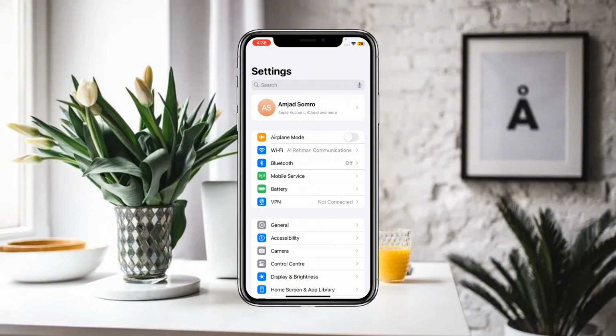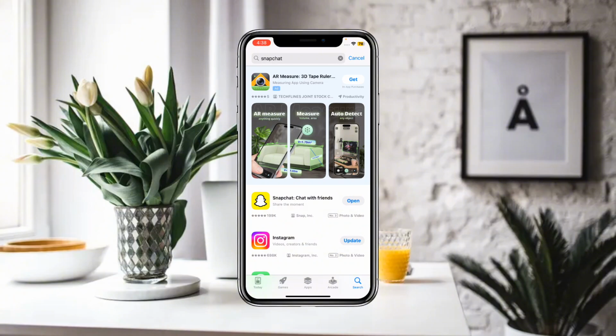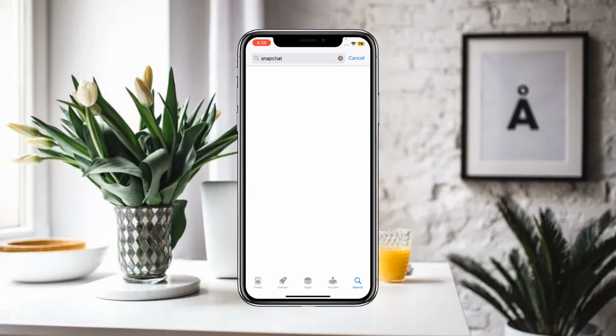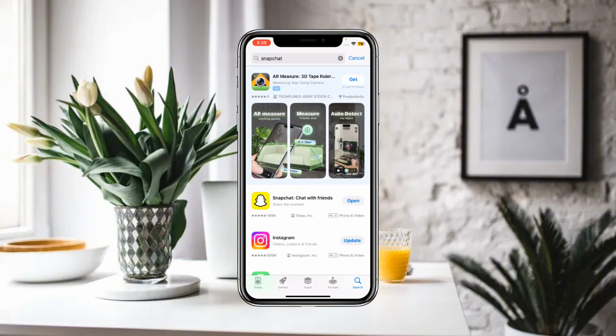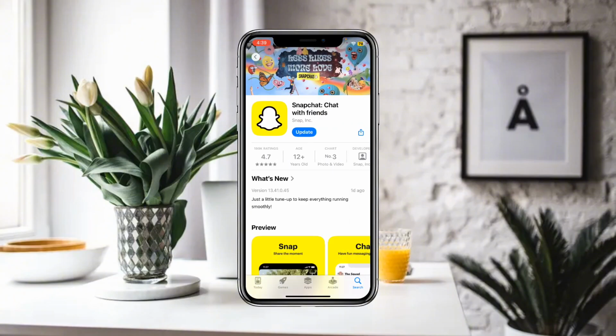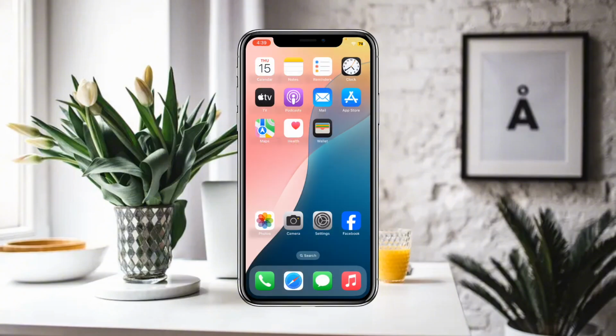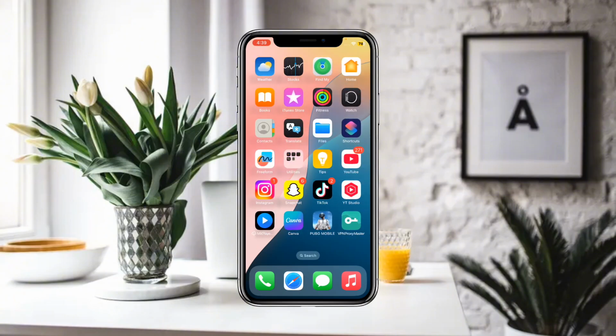And after that, you have to simply open the App Store. In the App Store, you have to search for the Snapchat app and check whether it is showing any kind of update or not. If it is showing any kind of update, then you have to simply update the Snapchat app. And after updating the Snapchat app, you have to simply open it,